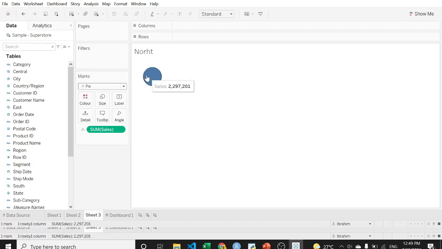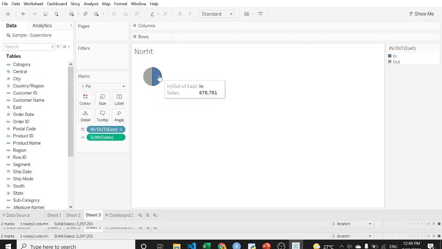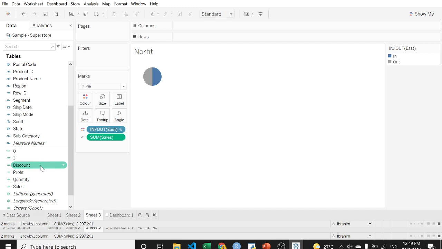Okay, and then when we apply the east, well, first we need to convert it to the pie chart. So we have the pie chart now. The second thing we have to do is drag the east onto our dataset, and this is not proportional, like, yeah, actually it is proportional, but this is not what we need. In order to find the percentage, the angle, the proportion of our pie chart, we need to drag the sum of the sales